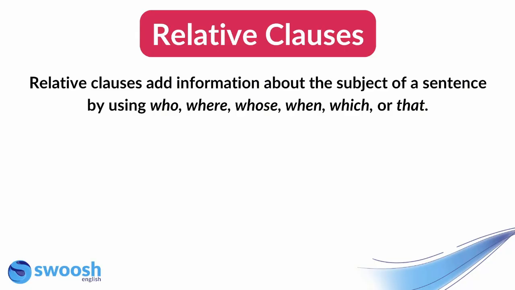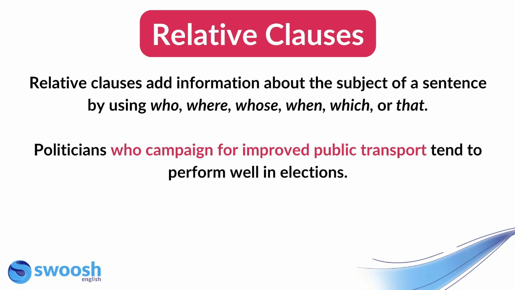The next type of complex sentence we're going to look at is relative clauses. The purpose of relative clauses is to add information about the subject of a sentence by using who, where, whose, when, which, or that to introduce that information. For example, politicians who campaign for improved public transport tend to perform well in elections. You can see that we've used a relative clause to add essential information about the subject, politicians, by using that relative pronoun who. So this is an example of a defining relative clause where the information that's being introduced is